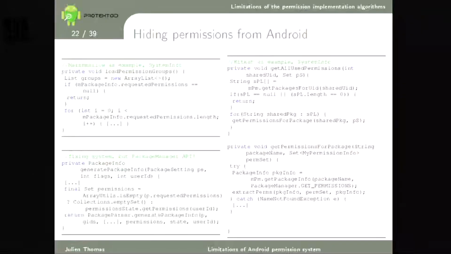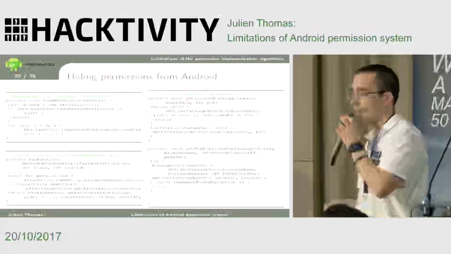I put some source code very quickly. Basically, what it says is that on the left, we have what we had on Marshmallow, and on the right, we have what we had on KitKat. I mean, KitKat was fine, it displayed everything, not Marshmallow. And the big issue is that on Marshmallow, we stick to the package definition. On KitKat, we say, okay, we have our own definition, we may have a shared user ID, let's get all the packages that share the same user ID, then federate that together and display.